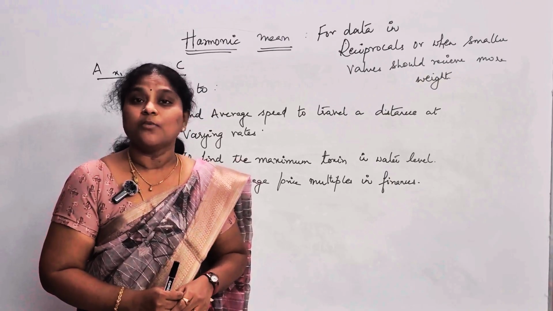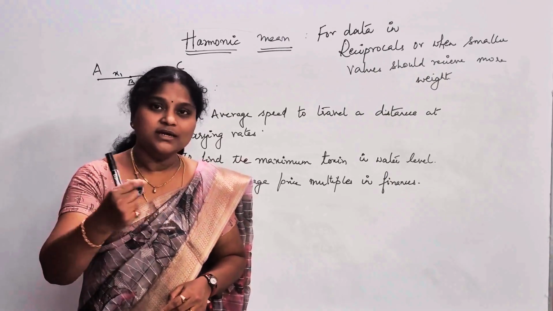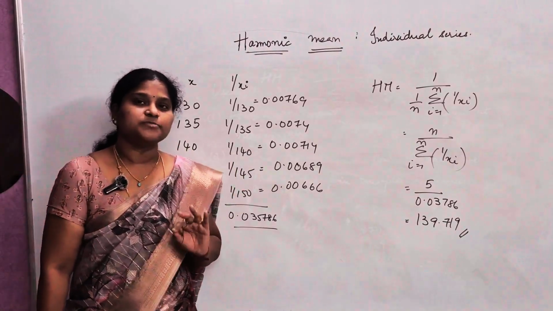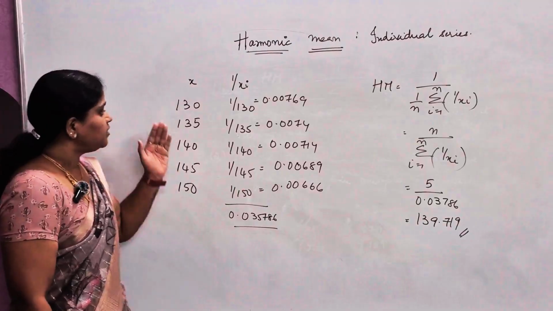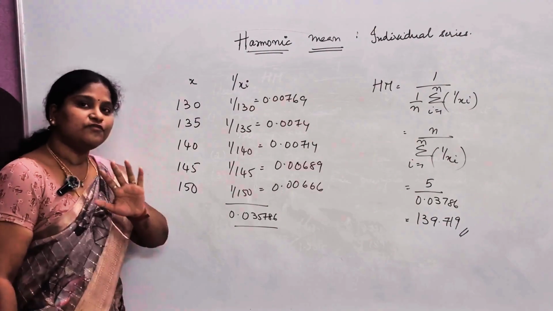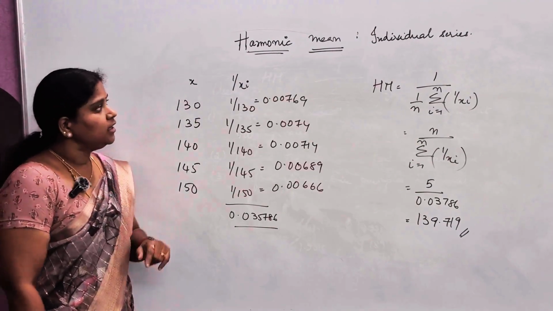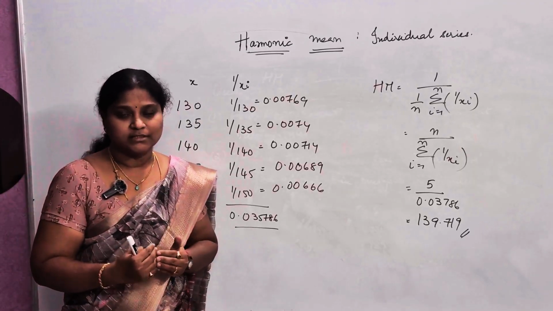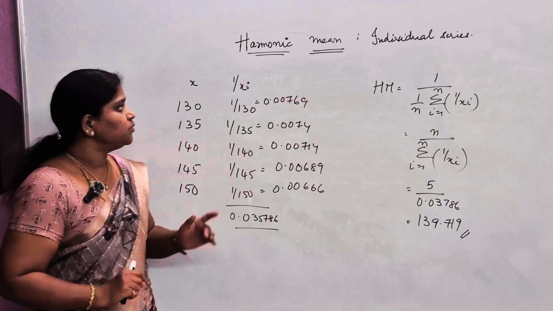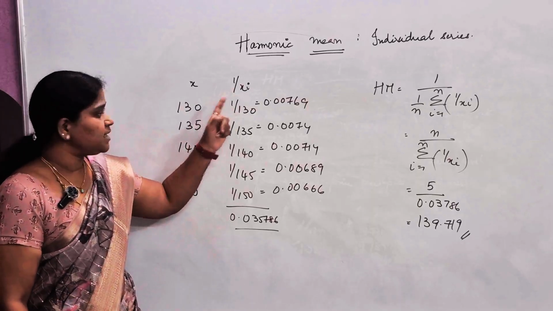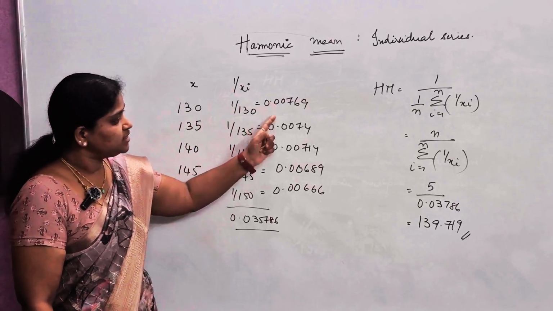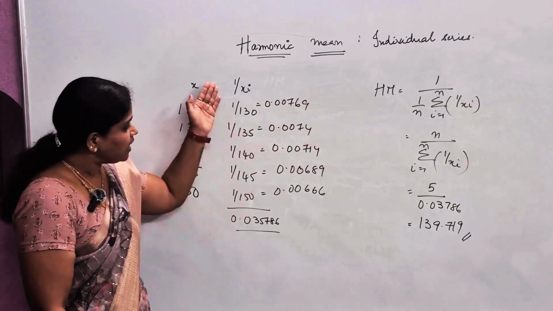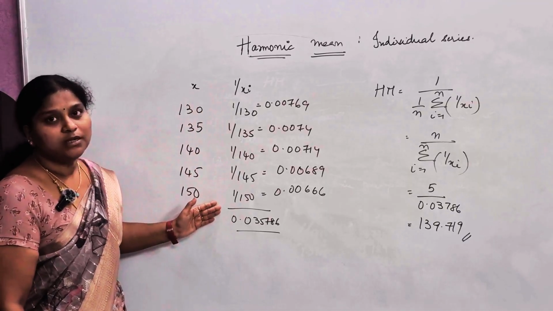see how harmonic mean is used in individual, discrete, and continuous series. This is our data with respect to individual series. We are given 5 values of x: 1, 2, 3, 4, 5. Our formula demands the reciprocals of the values in the data set, that is 1 by xi. So I'll first find the value 1 by xi for each x. But we require sigma 1 by xi, so I need to add all the values in this column to give